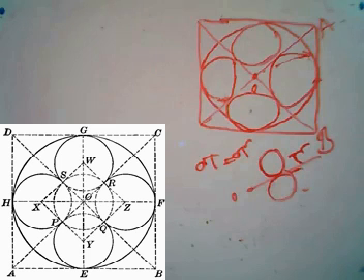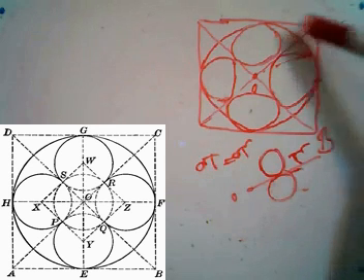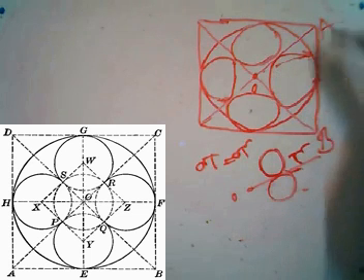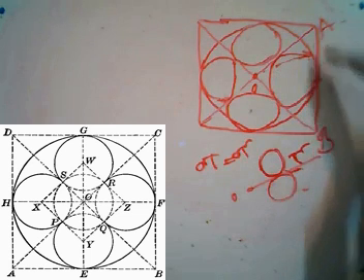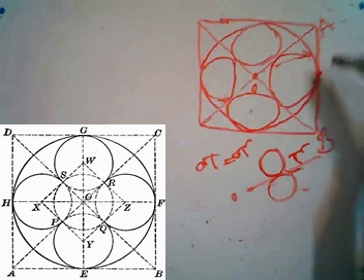Again, this AB is tangent to both the big circle and this one at the same point because AB is tangent to the big circle at the midpoint of it, it's obvious, and